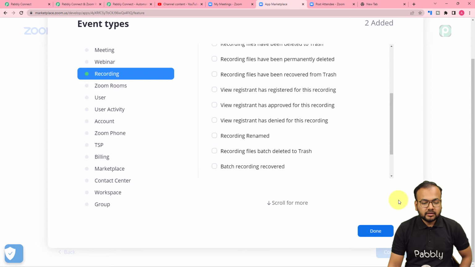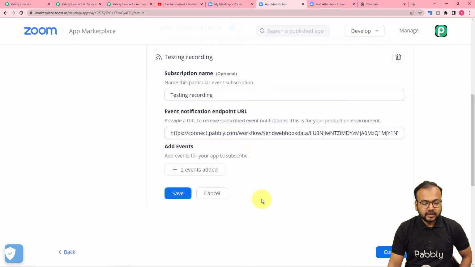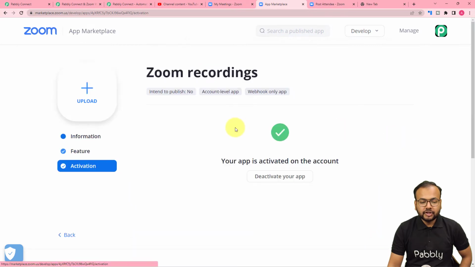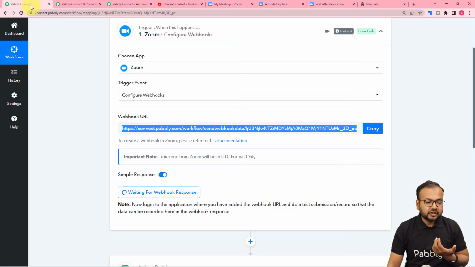After that, click on done here, then click on save. All right, then click on continue, and you can see your application Zoom recordings is activated on the Zoom account, right? So we are done making the connection, and here you can see as we have copied this webhook URL